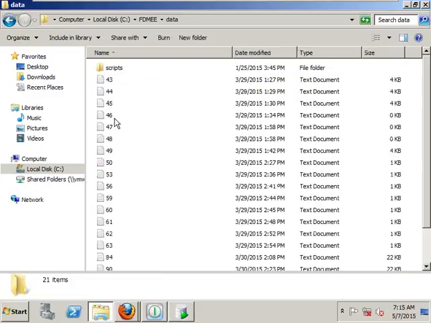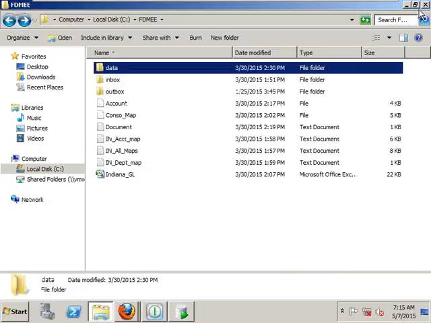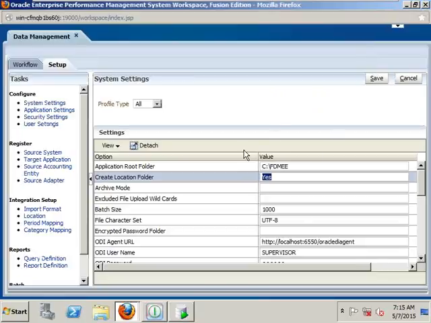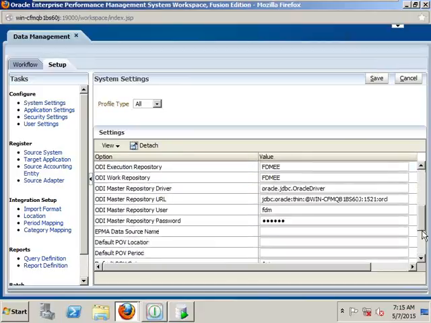Later we can see the data folder and the scripts that it has, and everything at that moment. And by tomorrow we can see the rest of the things, like how to create the locations and how to do the period mappings and category mappings. How to create the locations, we can see by tomorrow. Okay,